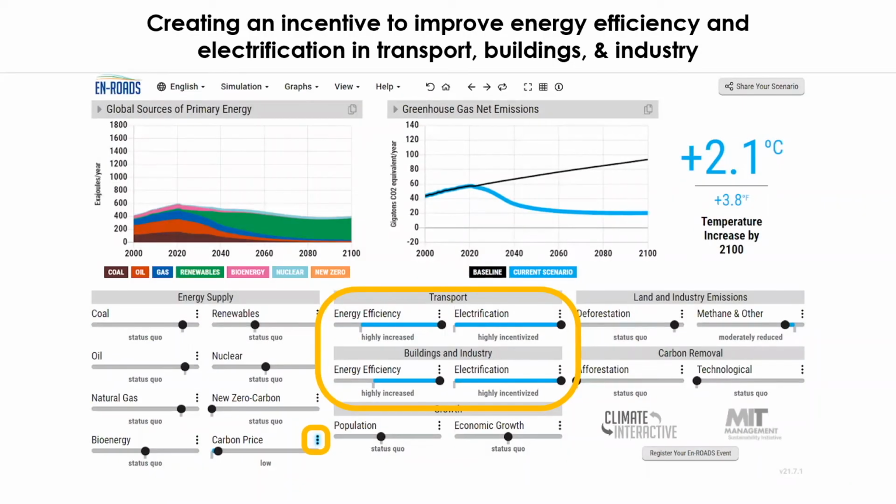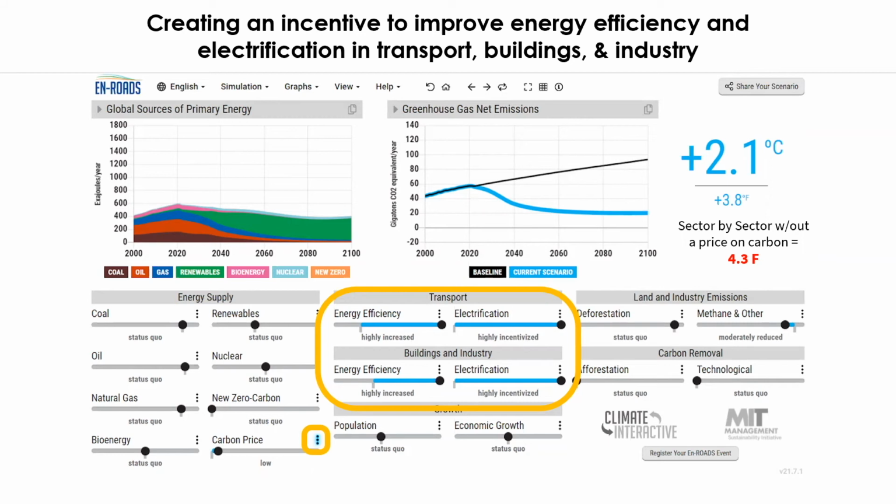What it also does is it puts the financial incentives to introduce other policies that would improve energy efficiency and electrification of our transportation and building sectors. And if we were to add those policies in, we would find that our average global temperature increase would actually come down to 3.8 degrees Fahrenheit. Now, when we had looked at this sector by sector, without a price on carbon, our average global temperature increase was 4.3 degrees. So you can see that it's much more efficient.